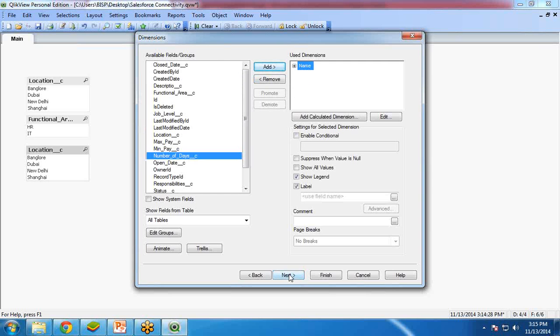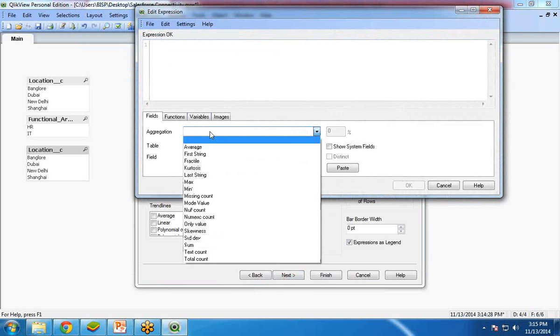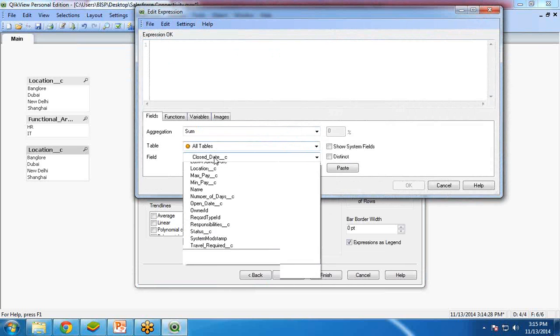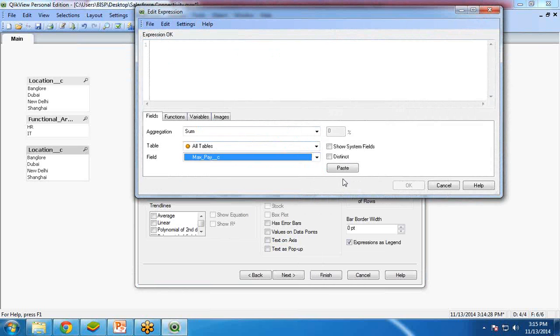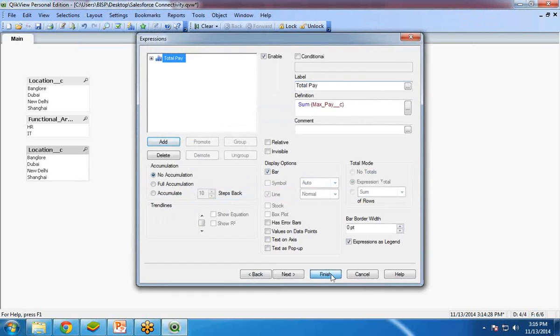Click on Next. From here we need to enter an expression. I select Sum of maximum pay, paste, okay, and I write here total pay and click on Finish.